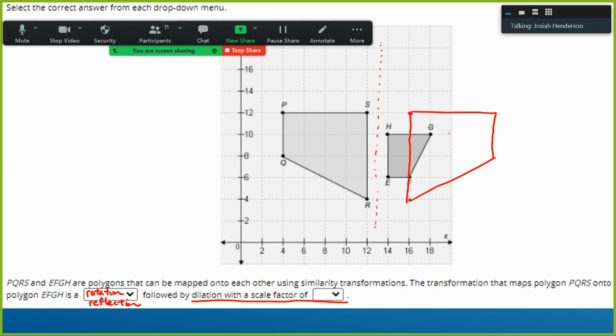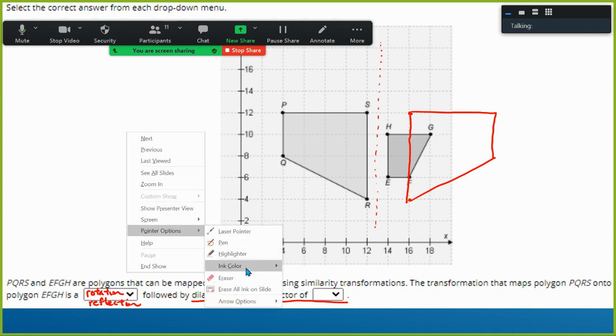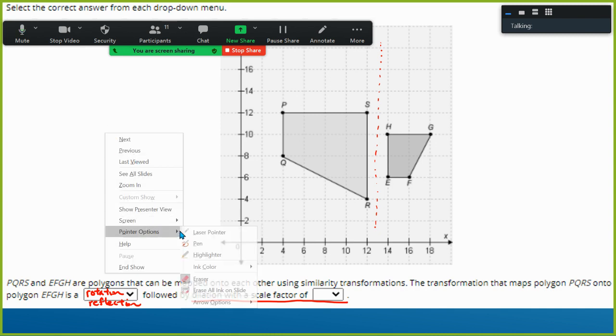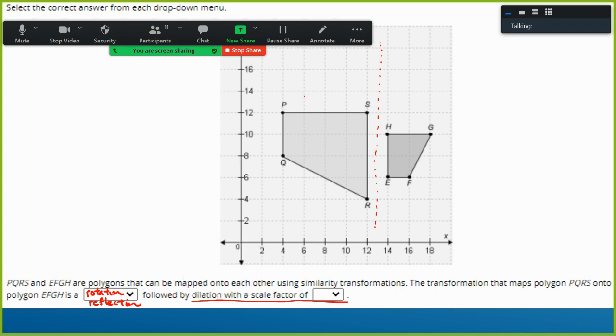And we can see that it's not positioned and oriented the right way. But if we had the ability to rotate this, pivot around some point,